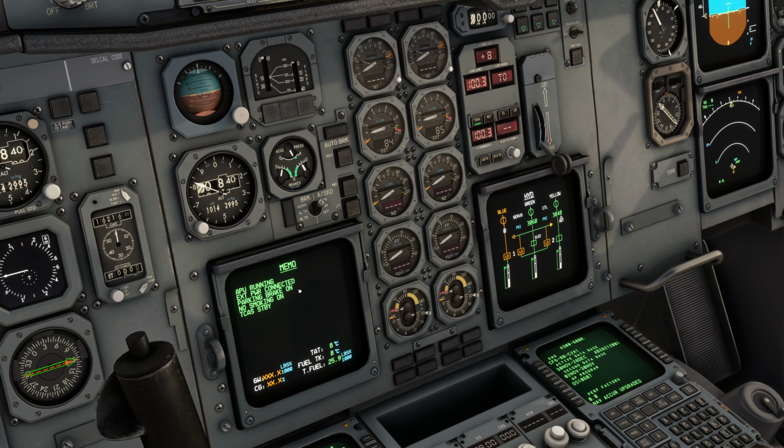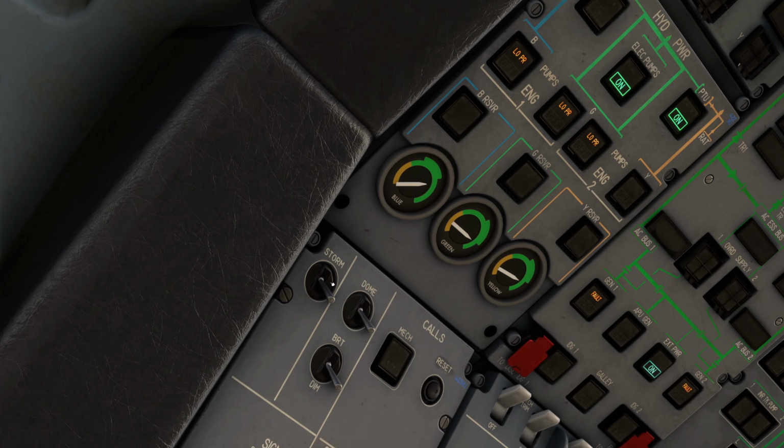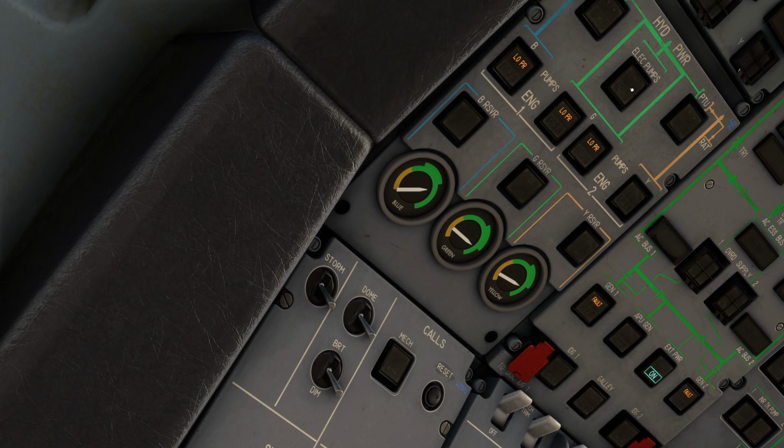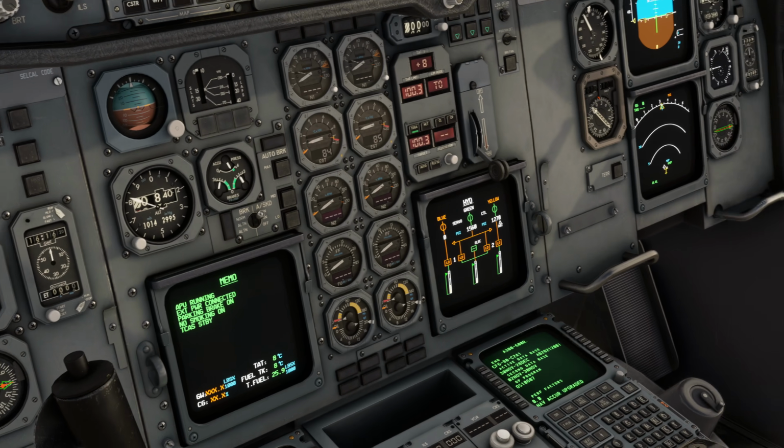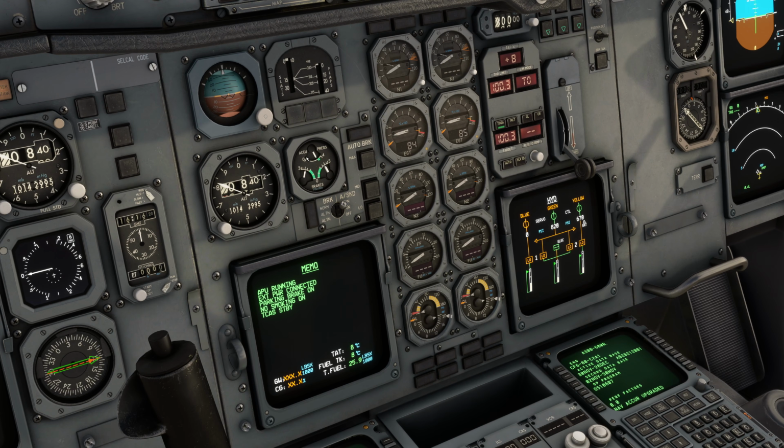So now that the system is repressurized, we can turn off the PTU and the electric pump once again, and like that we have now recharged our accumulator pressure. Alright, and that is as easy as it gets. So if we move forward now,